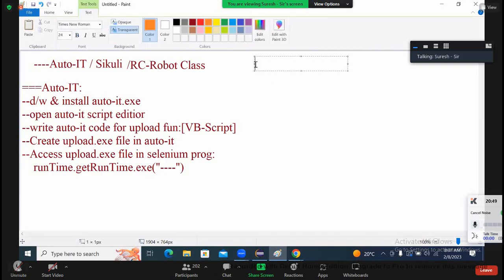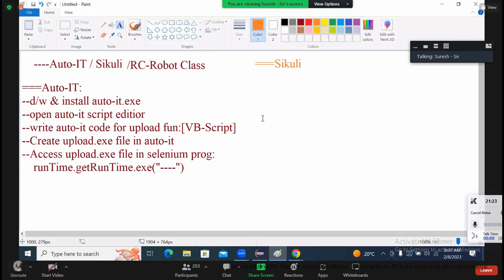And similar to that, you will be taking one more tool. What is that particular tool? Sikuli. Now, this particular Sikuli tool is similar to Selenium because, according to our understanding,